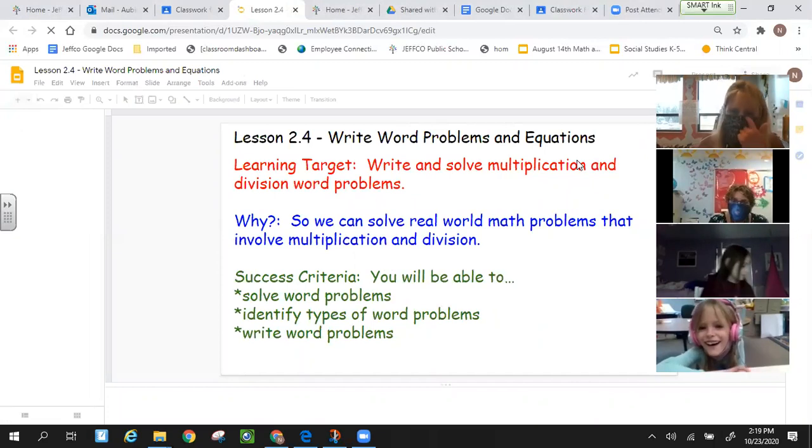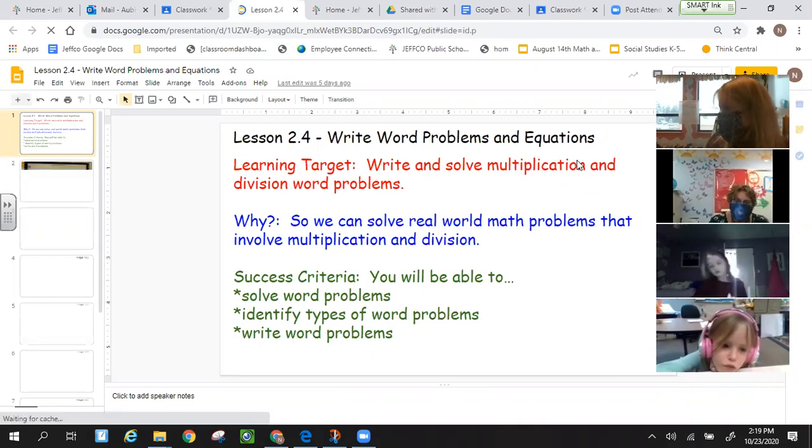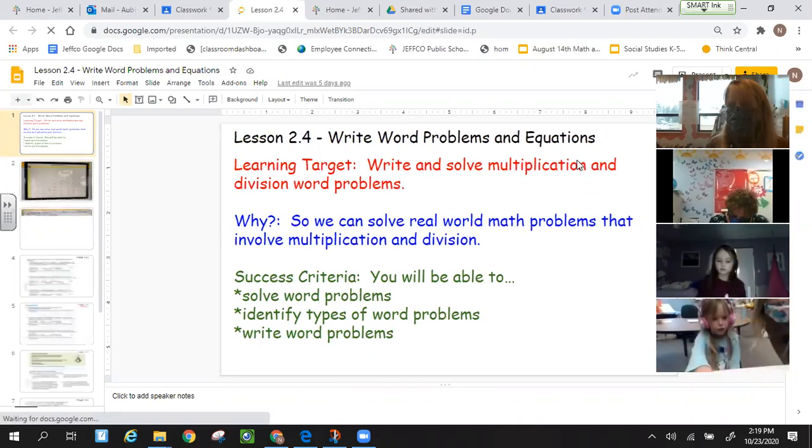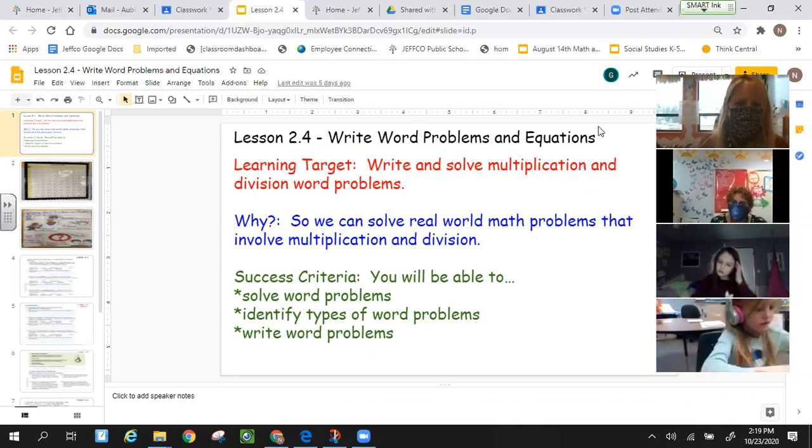Our learning target today is to write and solve multiplication and division word problems. We have done a little bit of that. We have found that it is tricky, so we will keep practicing. A lot of you gave me the sideways thumb and I said, don't worry, we'll do this again. And so we will, because we have to be able to solve those real world math problems that involve multiplication